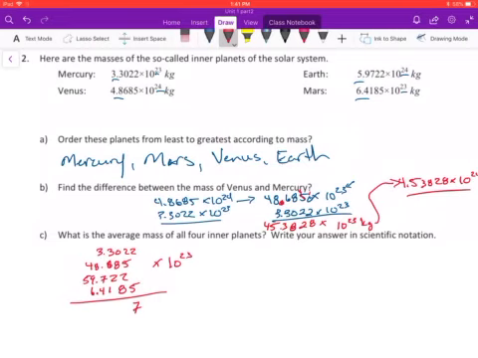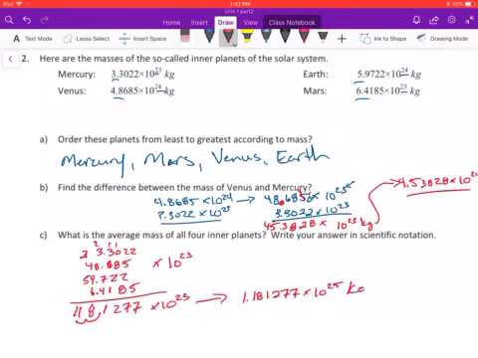That's a 7. 7 and 2. I have 10 and 7 is 17. 10, 11, 12. 9, 10, 17, 21. Carry my 2. 5, 13, 22. And 6 is 28. And 6 and 5 is 11 times 10 to the 23rd. Here, I need to move my decimal back 2 places. So it becomes 1.181277 times 10 to the 25th